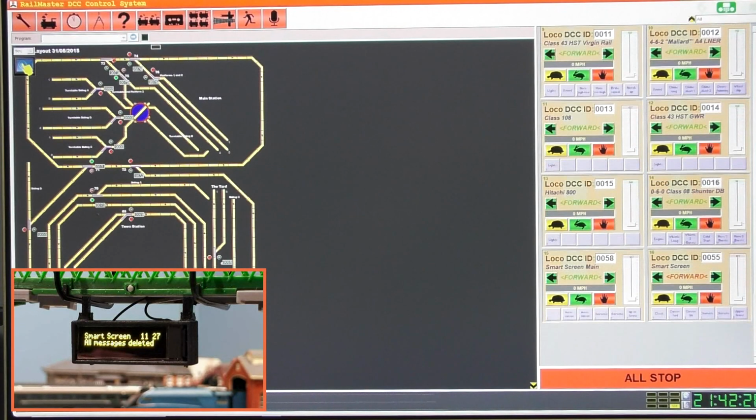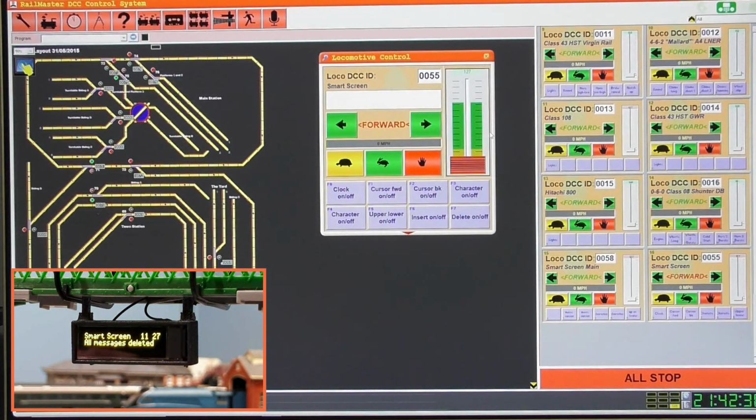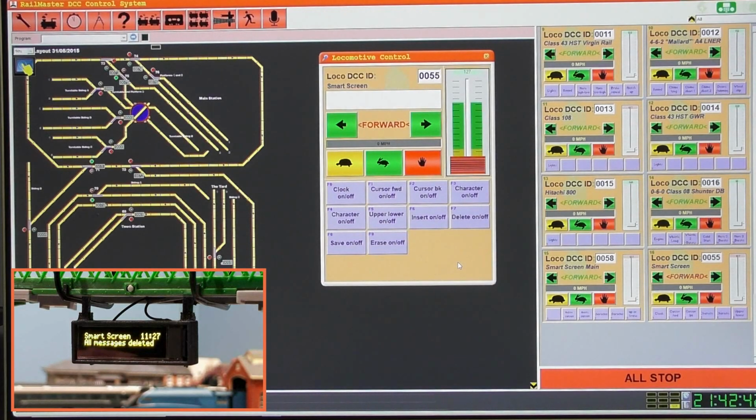Now you'll see the smart screen I've just set up is at the bottom there, the last one. And if I click on that to make it bigger, easier to see for you, drop the arrow down, you can then see all of the F keys we've just set up. Okay,